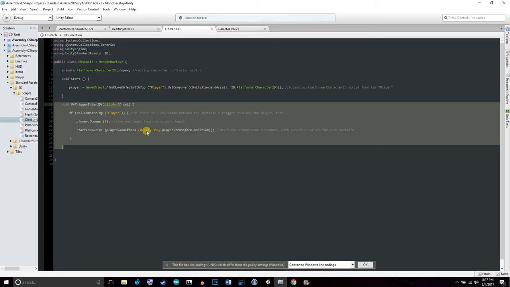And in this case, I put the duration for 0.02 seconds. That's a very small duration that we're going to add that knockback for. And then we're adding a force of 350. And then we are changing the player's position. Every time you access transform, you're always changing the XYZ coordinates of whatever object is attached